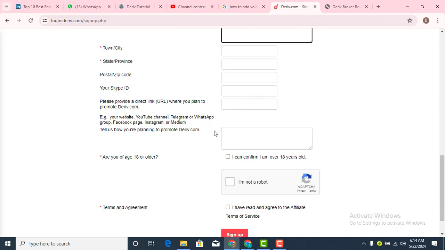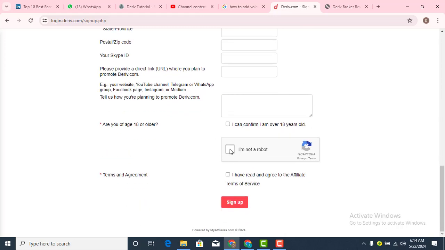So after that one, you need to write a description of how you plan to promote Deriv. You can tell them that you have a website and you plan to promote your affiliate link using the website, or you can tell them that you are a forex trader and you want to recommend your friends to use Deriv to trade. So just make sure you enter a reasonable thing here and then click on consent that you are older than 18 years. After that, verify this captcha, agree to their terms and conditions, and then click on this sign up button to